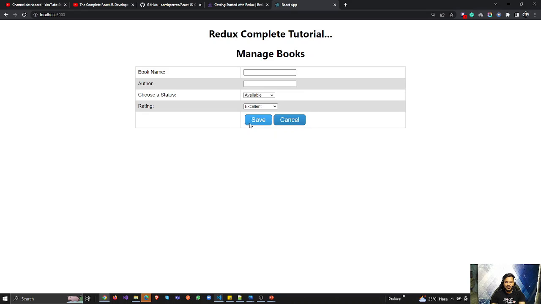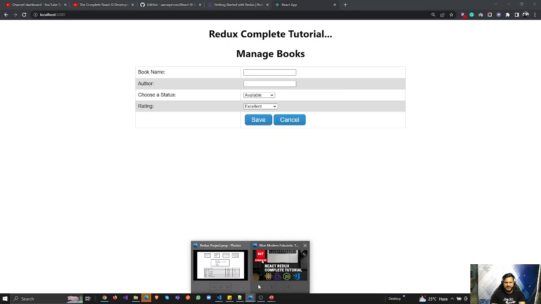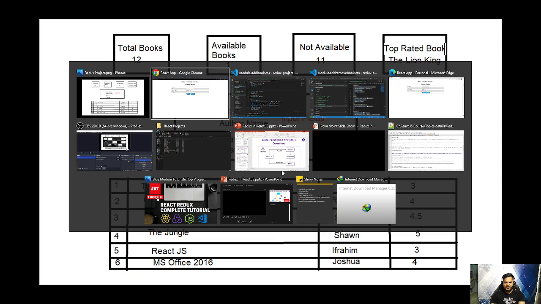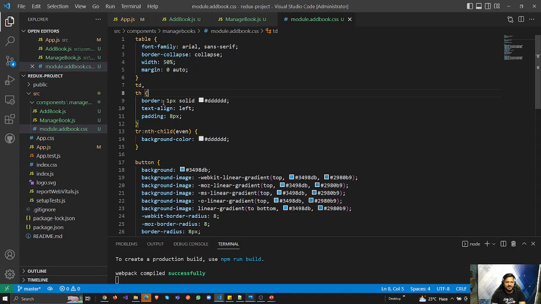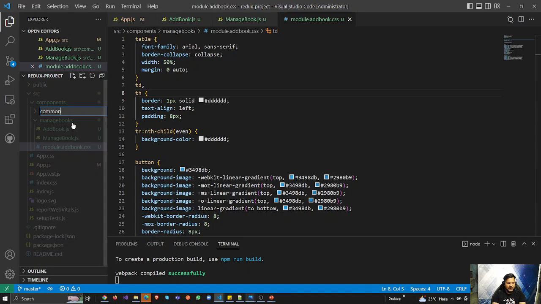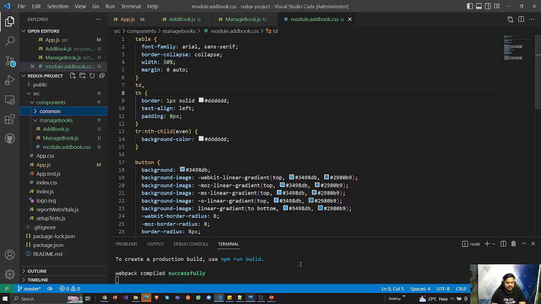So now I'm going to work on the save button, but before that, I'm going to create the basic components here. So now I'm going to achieve this part. I'm going to show total books and available books. In this video, I'm going to cover only these two. Otherwise, the video will get too lengthy. So now I'm going to add one more folder here, and I'm going to name it common. The reason is that in common, I'm going to add a component which is going to be repeated again and again. And I'm going to add one component here and name it